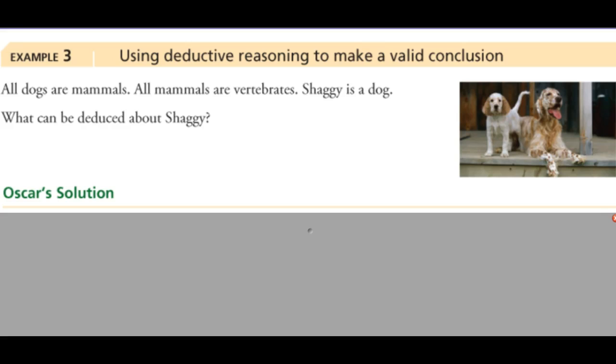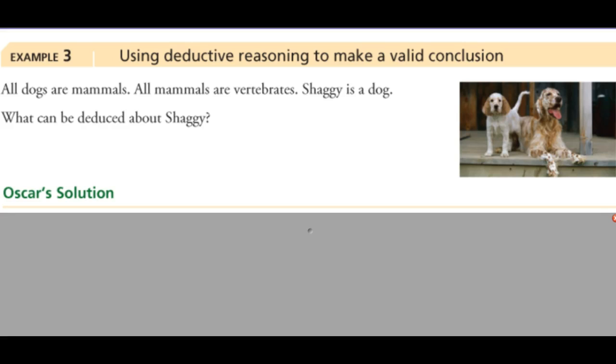Okay, so example 3 says, all dogs are mammals, all mammals are vertebrates, Shaggy is a dog, what can you deduce about Shaggy? Okay, so these ones are best done in a Venn diagram form. Okay, so it says all dogs are mammals. Okay, so if I was a dog, I would have to be